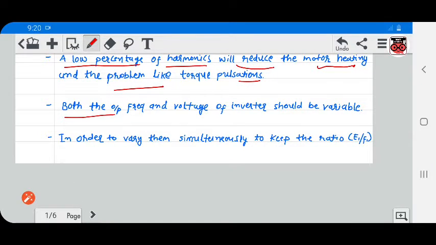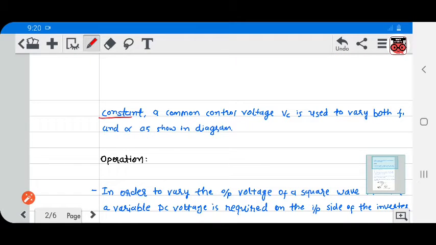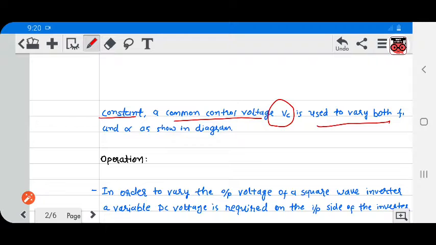Both the output frequency and voltage of the inverter should be variable. In order to vary them simultaneously to keep the ratio E1/F1 constant, a common control voltage Vc is used to vary both F1 and alpha, as shown in